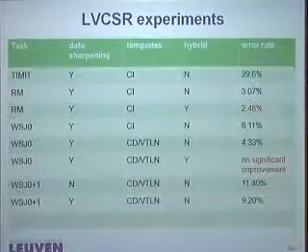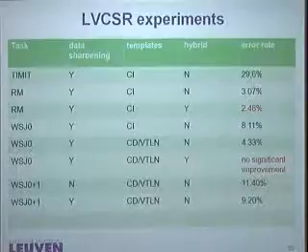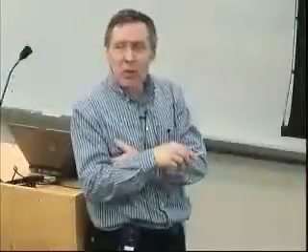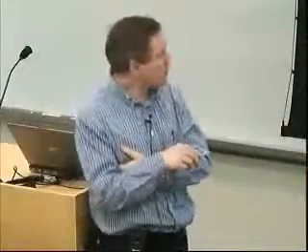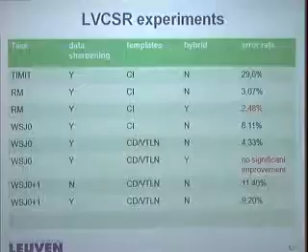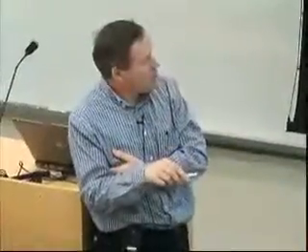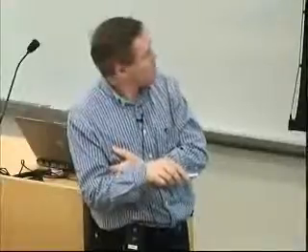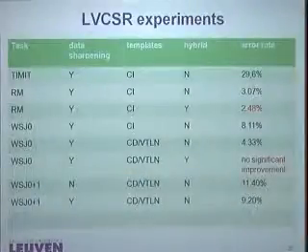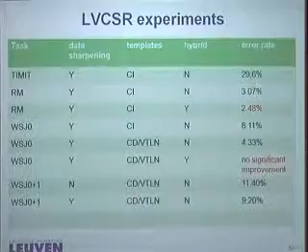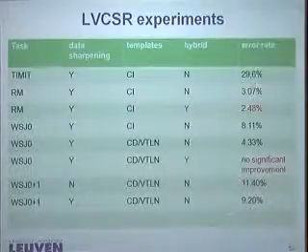Here is the template type, context independent or context dependent, and VTLN. Did we use data sharpening? And I've included here one more result where we did not use data sharpening, on Wall Street Journal 0+1. When you keep all the other stuff the same and you don't use the data sharpening, you have 11.4%. When you do the data sharpening, it's 9.2. That's a 20% relative difference. So it's huge.